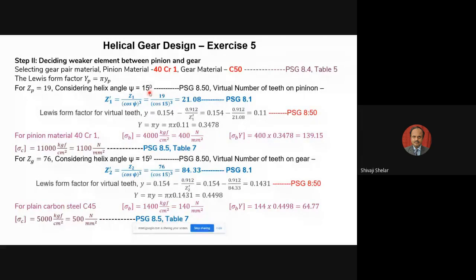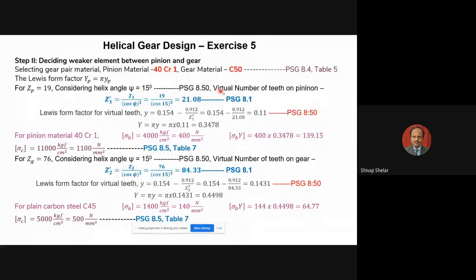So you may have a question, sir, how to remember whether to take 10, 12, or 15? This is available on page number 8.50, the range of helix angle there. So it is between 8 to 25. 25 is the maximum angle used for helical gear. But if you go for herringbone gear, this value can be as high as 45 to 50 degree. So based on your type of helical gear, you are selecting this value. Since we are selecting normal helical gear, this value cannot be greater than 25.